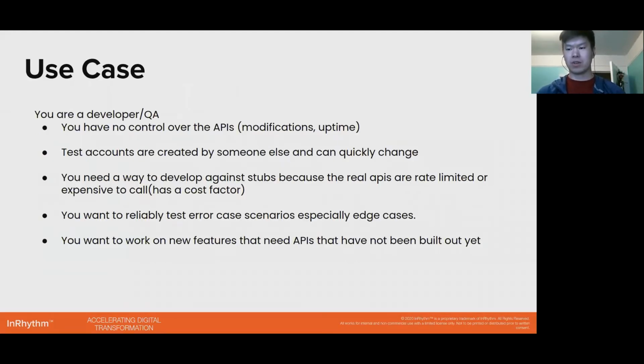And so I'm going to go over some of the use cases for WireMock. The first thing is that you are a developer or a QA person, but you have no control over the APIs. That means you can't modify them and you have no control over the uptime. So if these APIs go down, you're out of luck. Test accounts are usually created by someone else, and they can quickly change. So you're testing your one scenario, and the next day those same test accounts are changed